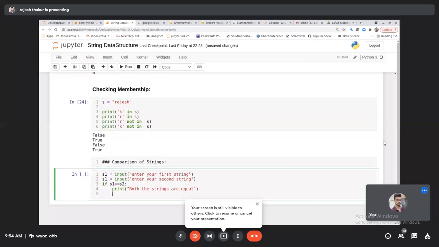Now I will check elif S1 is less than S2, meaning S1 is smaller than S2, right? Print S1 is smaller than S2. You can use the f-string; I had already discussed the f-string concept, right?